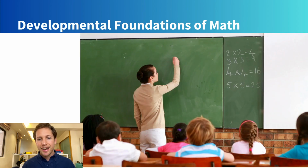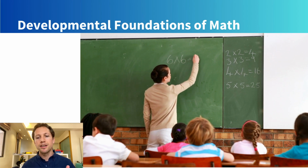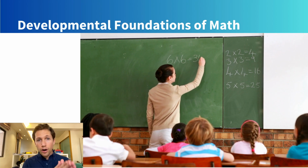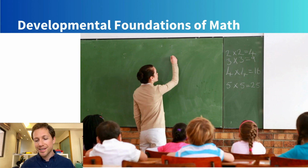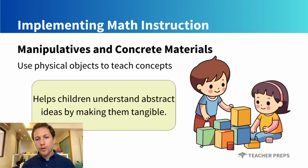All right, excellent. Now, in this section, you will learn strategies for implementing, modifying, and differentiating your math instruction all the way from that pre-K through 4th grade setting. So let's start with thinking about your exam and knowing that your exam will check your understanding for effective ways to implement developmentally appropriate math instruction. That's what this entire section is about. So when reading solutions when taking your exam, look at the multiple choice questions and be on the lookout for these following things. First of all, always be looking for a solution, A, B, C, or D,